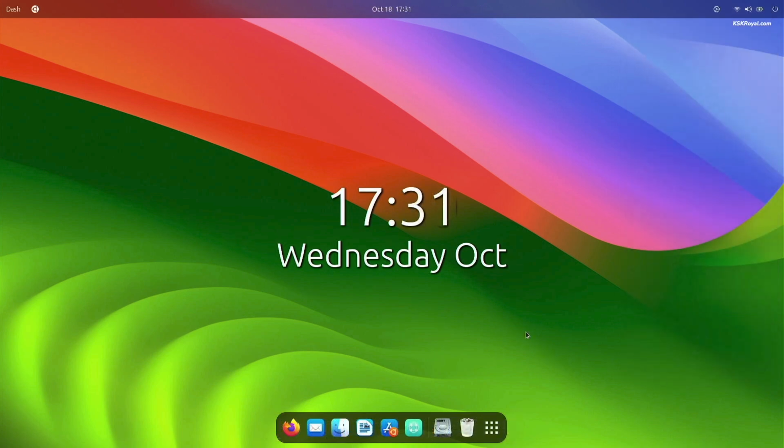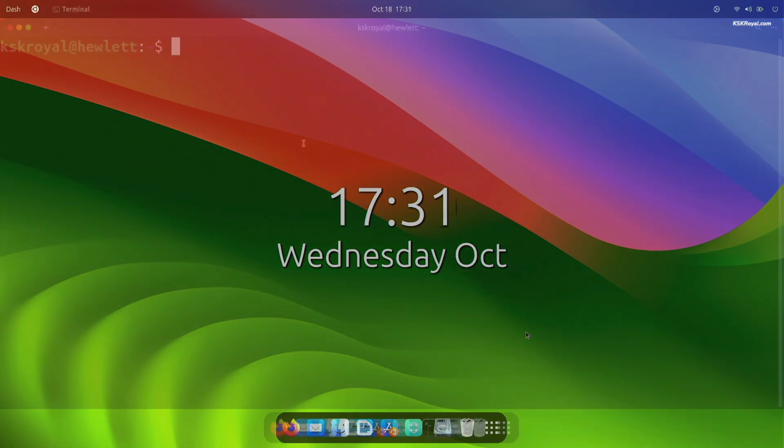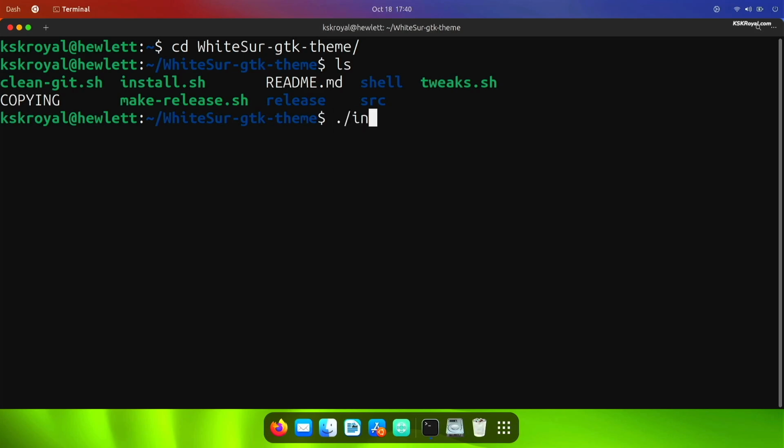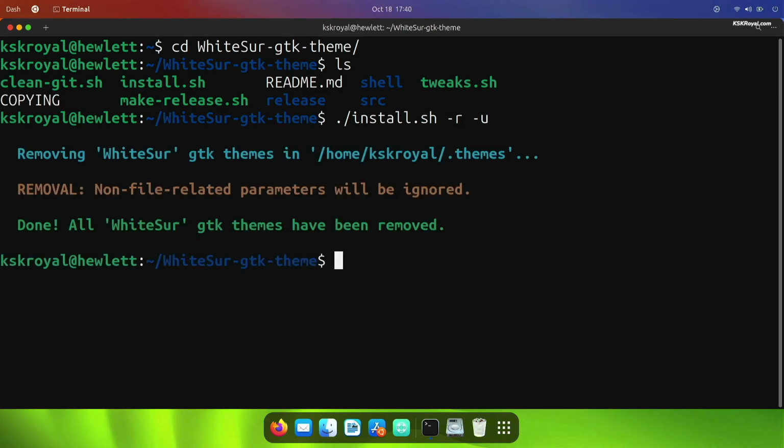If you ever decide to remove the Mac OS theme, open the terminal and run the installer script with these options. Now this will delete all the installed themes. Then run the tweak script with the -R option to remove the GDM theme.